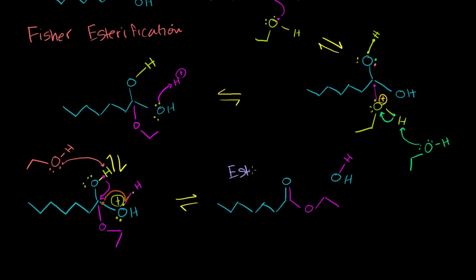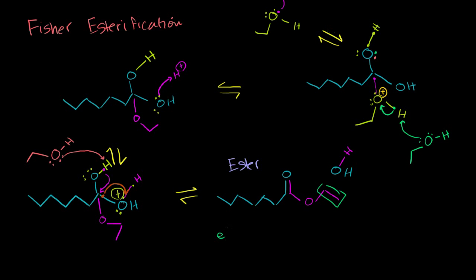This ester right here, just to give you a hint of how to name it, you first start with the group that's attached to this oxygen right here. There are two carbons over there, so we'll use ethyl. We'll use ethyl to name that over there. And then we have the rest of this. And we already know that that is one, two, three, four, five, six, seven carbons, including the carbon in the carbonyl group. And so that is heptan,